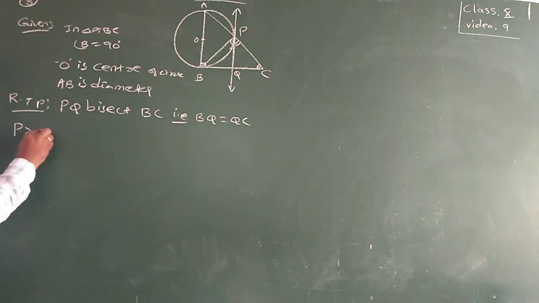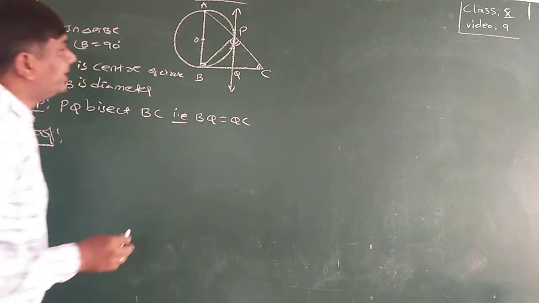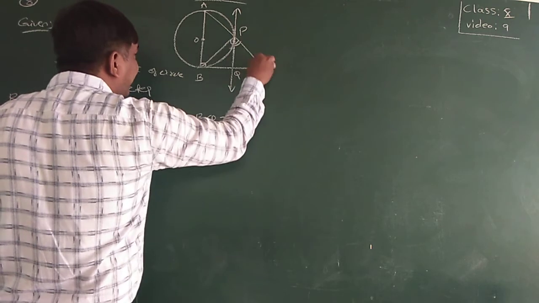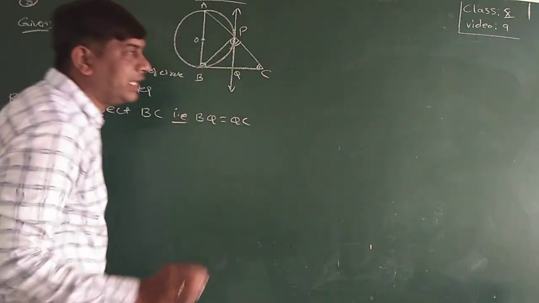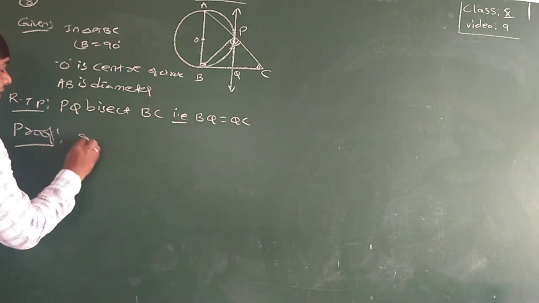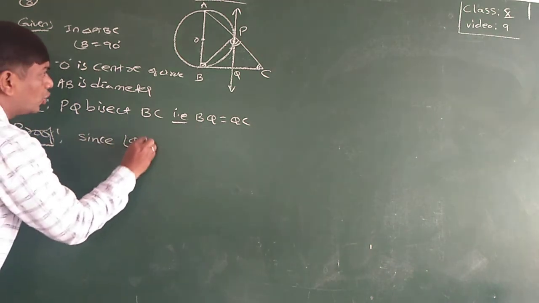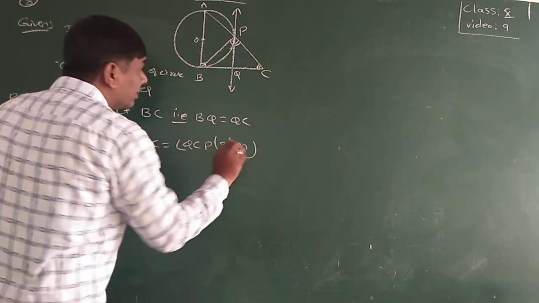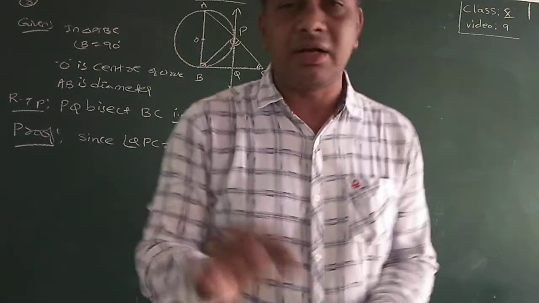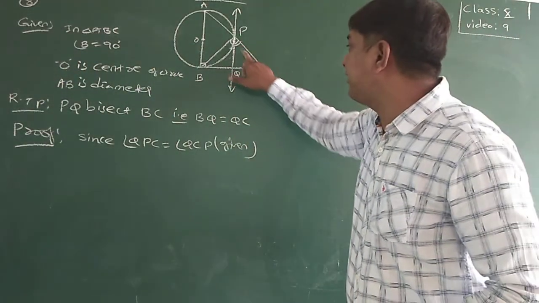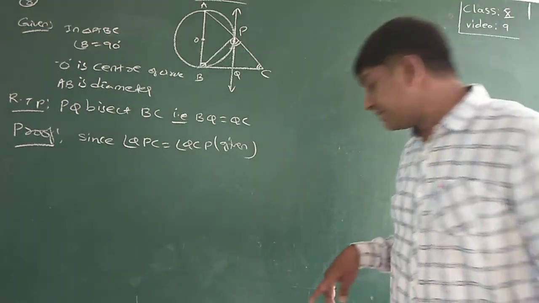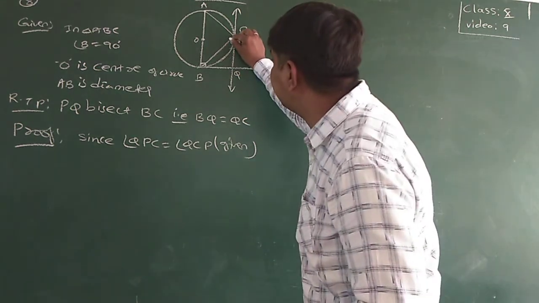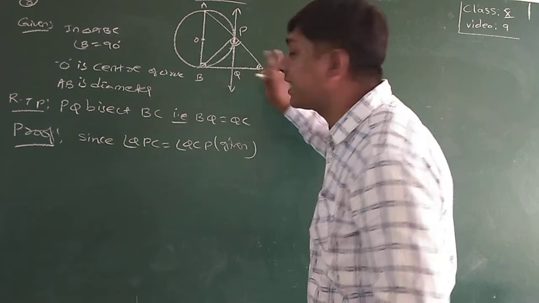Proof. In this one, they have given symbolically that angle QPC and angle QCP are equal. It is given, though they did not mention it in the question. Only symbolically they have given that these two angles are equal, with the equal symbol on this angle and this angle. Here only one is there. Only these two are equal.